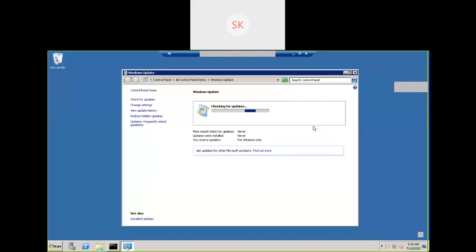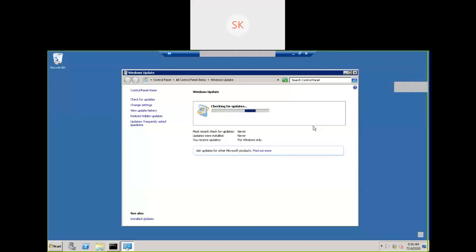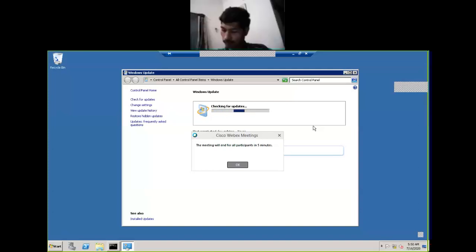Once Windows update is completed, in tomorrow's session I am going to cover users, the importance of local users, the importance of Active Directory, AD, and domain architecture. Okay, we are going to talk about Active Directory. Tomorrow's session covers users and Active Directory: how to install Active Directory, what the user concepts are, how to understand users and roles. All those concepts we'll cover tomorrow.